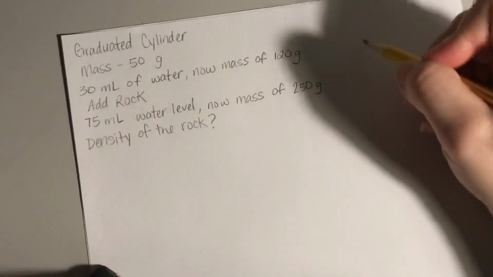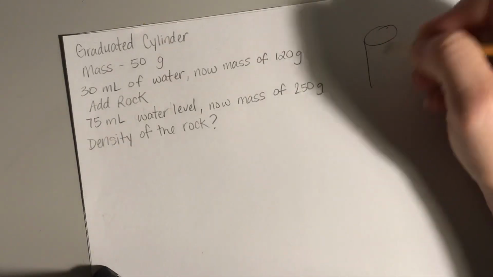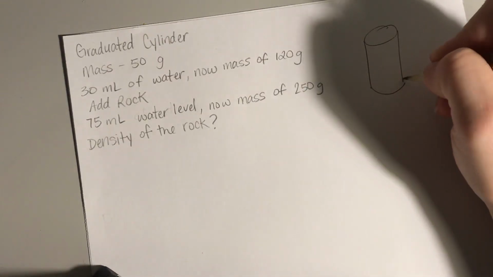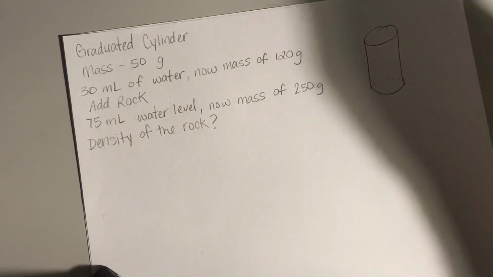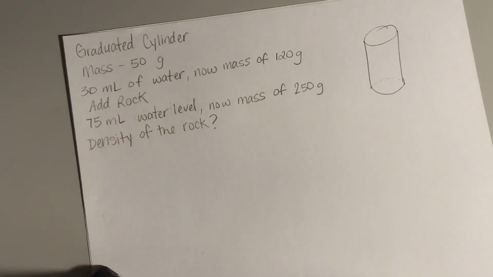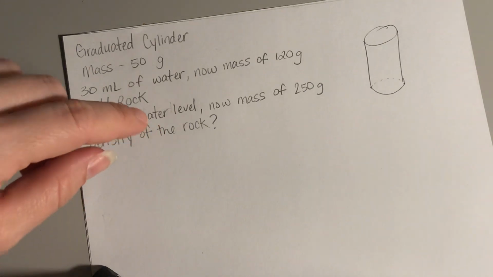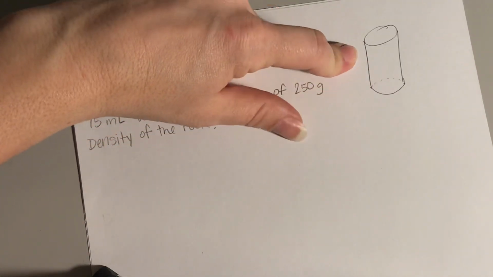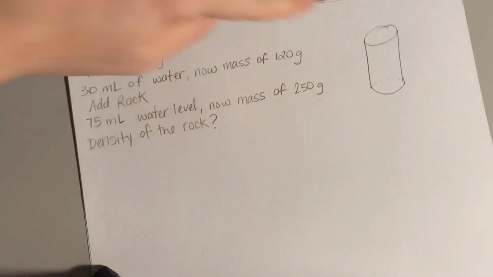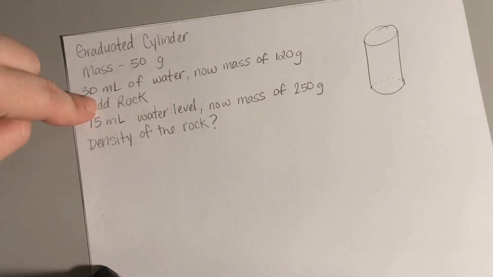So I'm going to start drawing the picture. A graduated cylinder, it's just like a measuring cup. You might have used them in science class. The cylinder has a mass of 50 grams when it's empty. And when 30 milliliters of water are poured in,